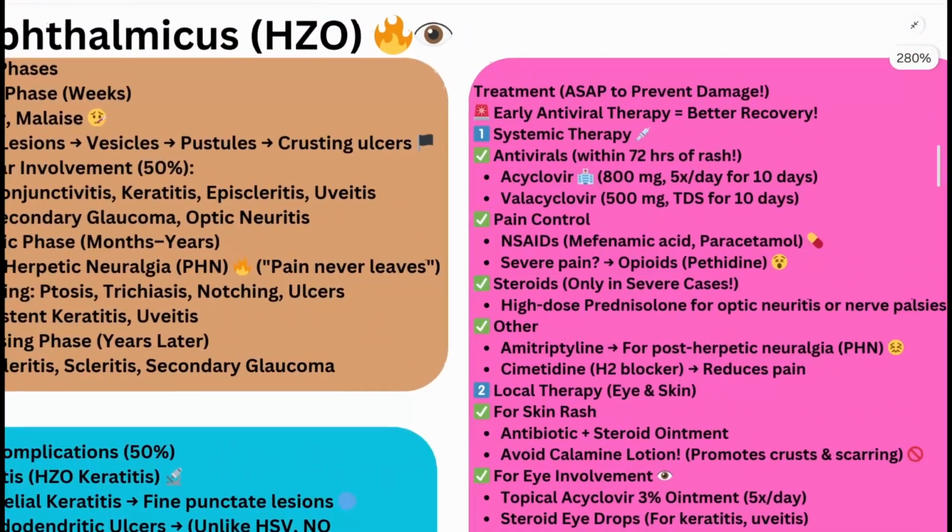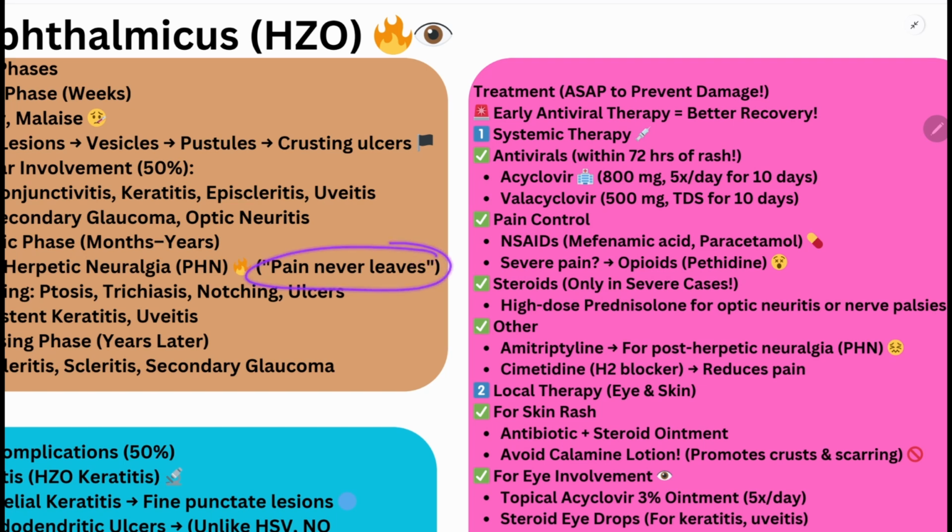Okay, up to now you have got some information about this disease. Now what is the treatment? You will all say antiviral drugs. Yes, of course. First, early antiviral therapy should be given for better recovery. They are divided into 2 types: systemic therapy and local therapy. In systemic therapy, you will give antivirals like acyclovir, valacyclovir, and to control the pain,